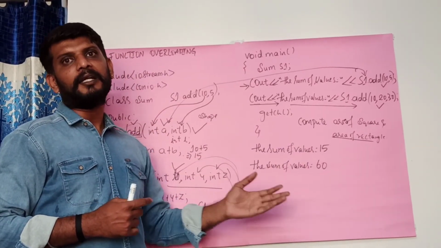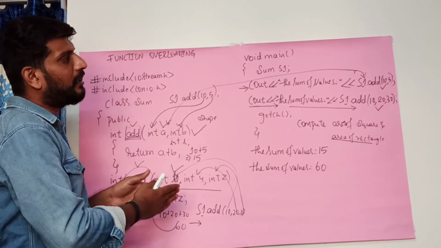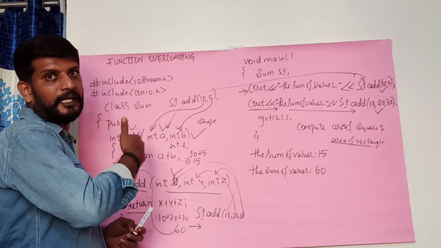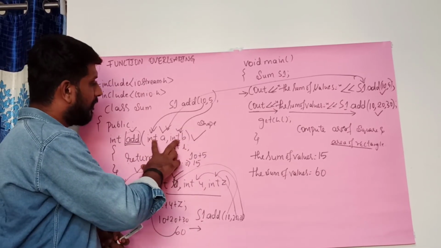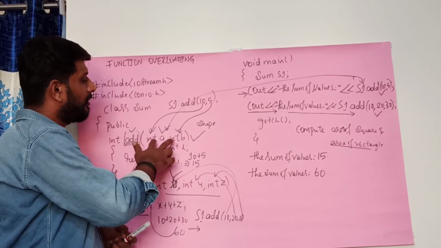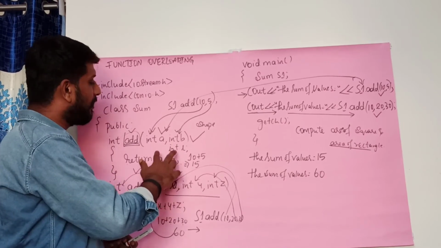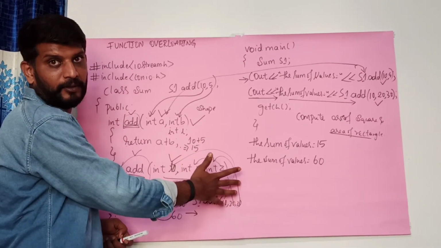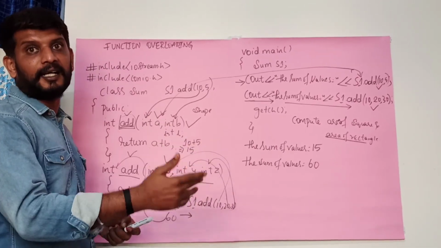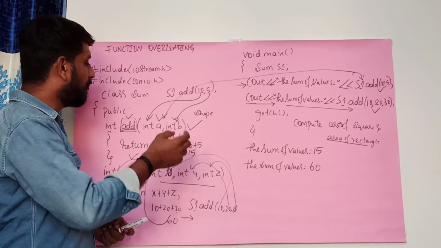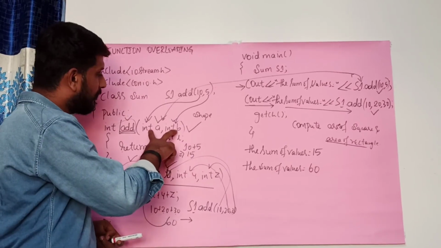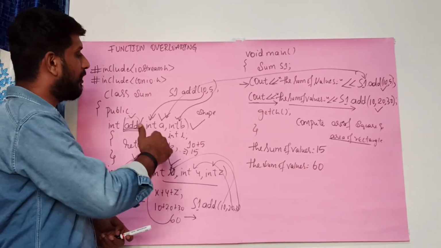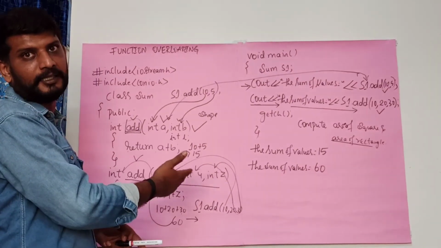Now we have come across the concept of function overloading. In this particular class especially, we have discussed a program that is having the same name but different number of arguments. In our next class, let us write a program that will be consisting of different types of arguments, that is, the data type will be different in the arguments. That will be discussed in our next class.